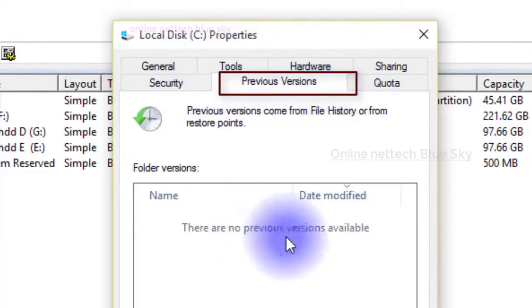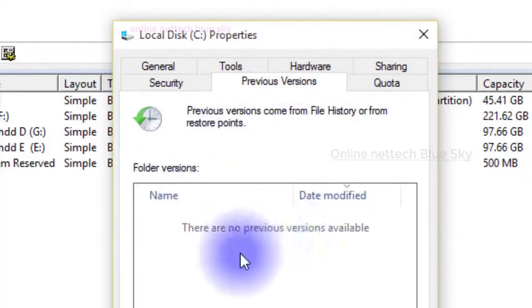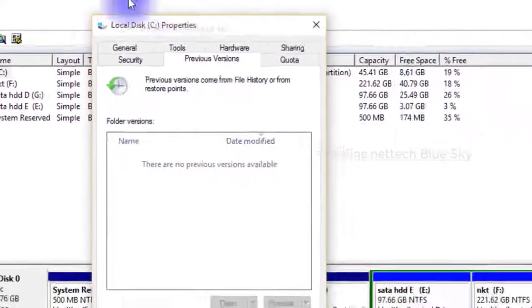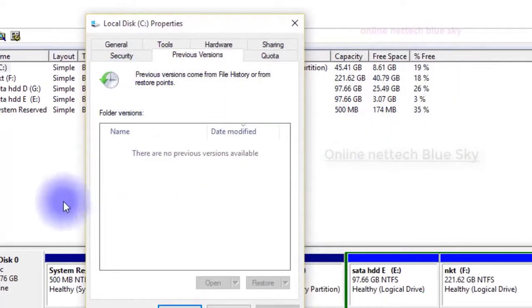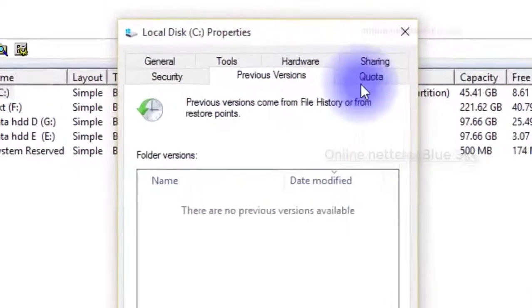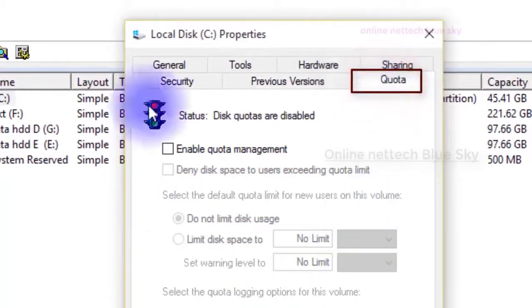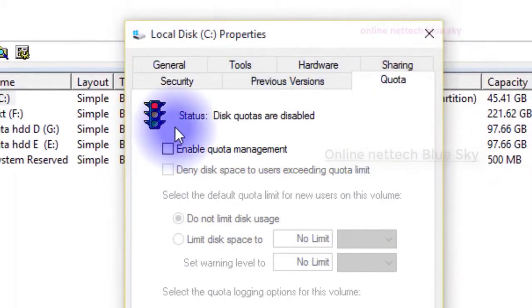Previous Versions means your file history from a restore point created. This tab is shown here, but I have not created any restore point. Quota, what is disk quota? I will discuss disk quota in server.